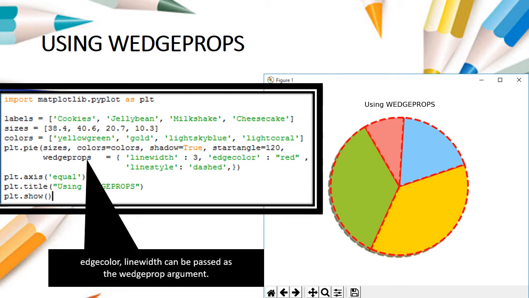It should be given in dictionary format; explode is given in tuple format, colors in list format, data as well, but wedgeprops should be given in dictionary format. So curly braces open, linewidth 3, edgecolor red, and linestyle dashed.